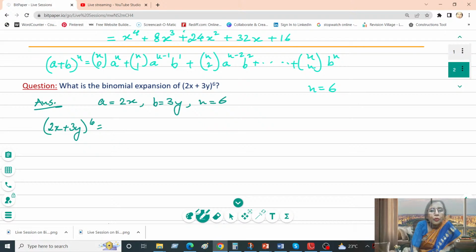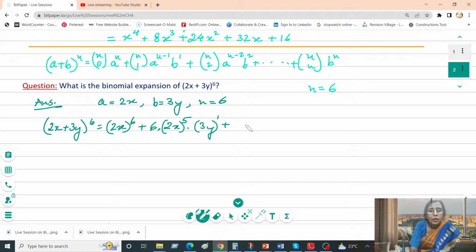It is 2x, that is a, to the power of n, which is 6, plus 6C1, which is n, so I have to write 6 over here. 6 times (2x) to the power of 5, 6 minus 1 is 5, times (3y) to the power of 1, plus